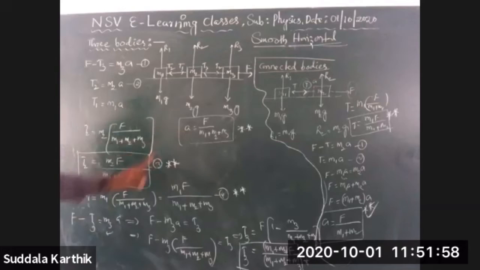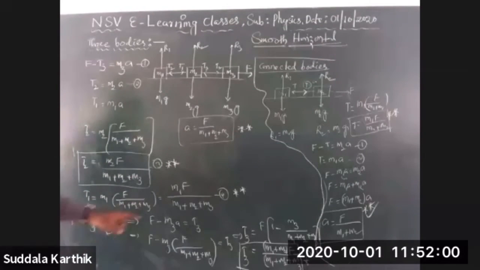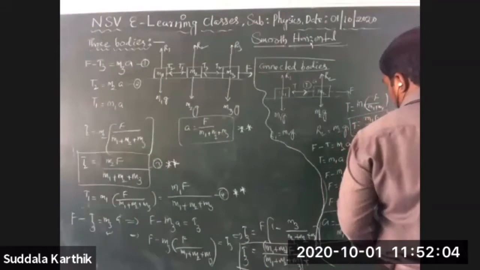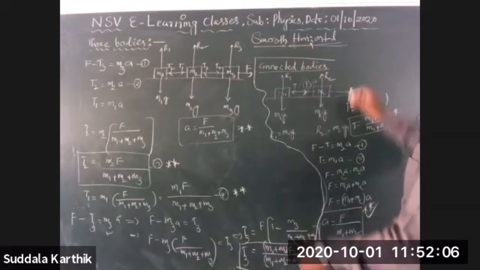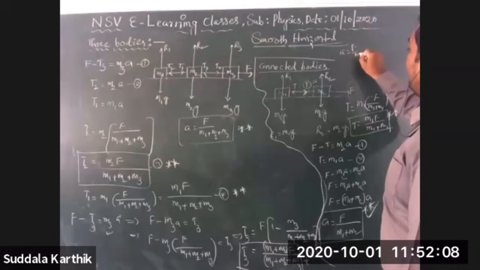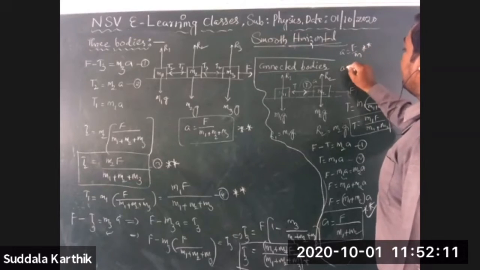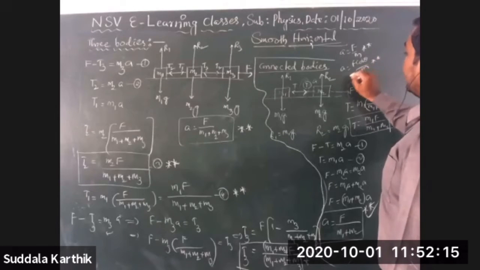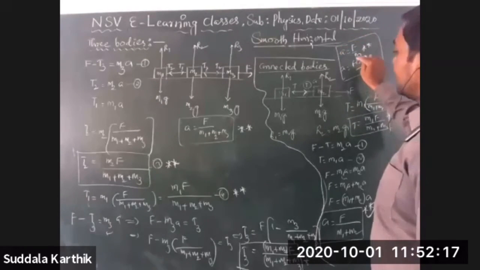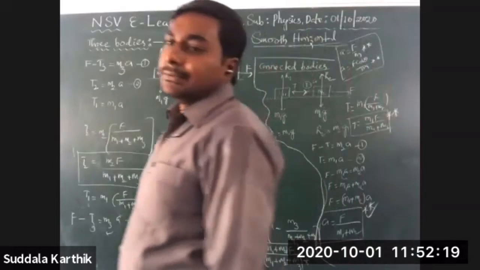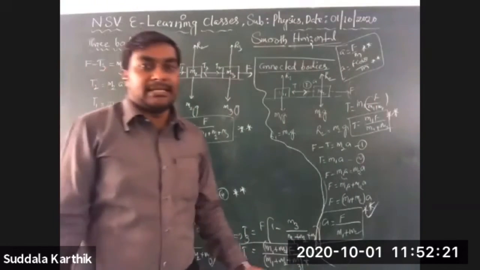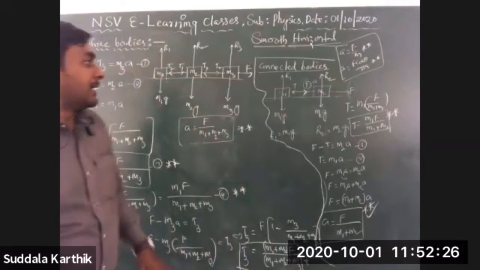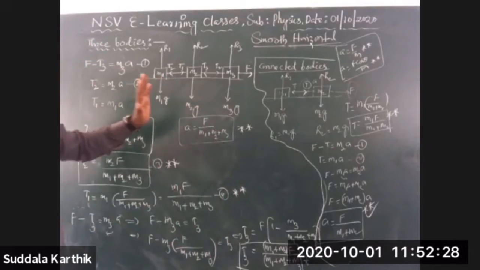This equation, this equation, and so on. And in the previous case, a equal to F by m, a equal to F cos theta by m. In two cases, that one only. Either it is subjected to push or pull, whatever it may be, a is equal to F cos theta by m, Nana. This is the situation.